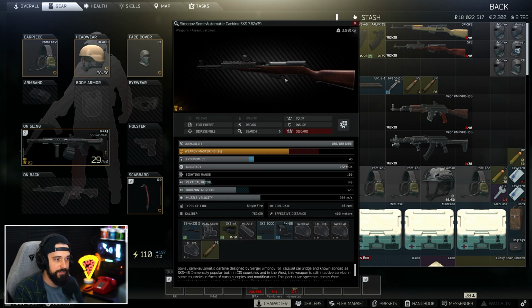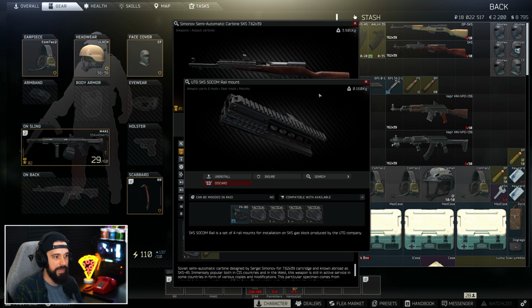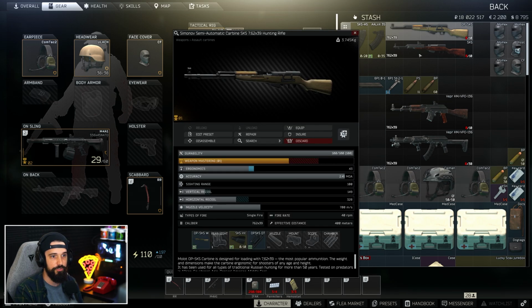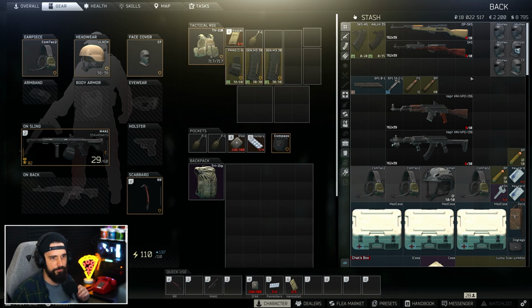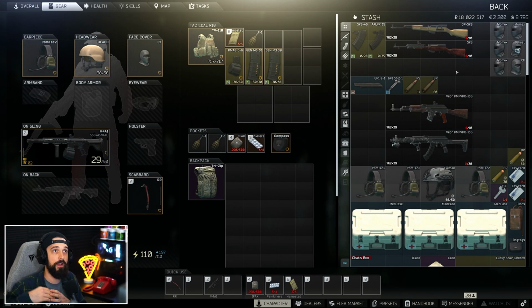Like the regular SKS, you can't put the dovetail mount on, but from level 2 Jaeger, you can get this SKS mount that now allows you to put like a laser or flashlight on the side and an optic on the top, or you can use the dovetail mount. There's like the Tapco SKS. I would definitely, if you're interested in the SKS, use the preset menu and kind of fiddle with it and see. There's all sorts of variations of the SKS that you can do,